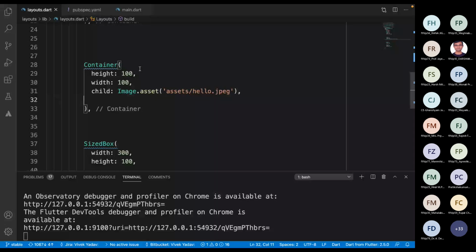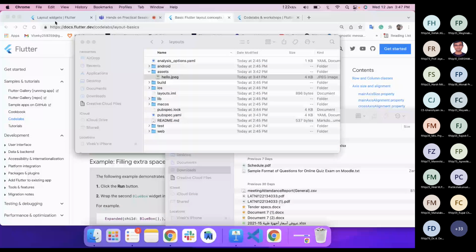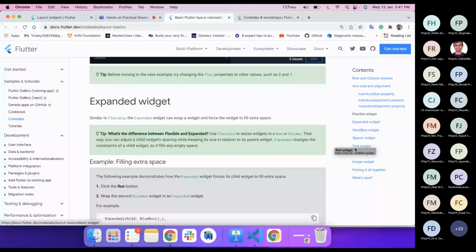With that note, I want everyone to complete this particular code lab and present it to Dhromil, because we will learn a lot of things here. For example, text widget, icon widget, image widget. We already saw these. We have expanded, sized box, a lot of this.